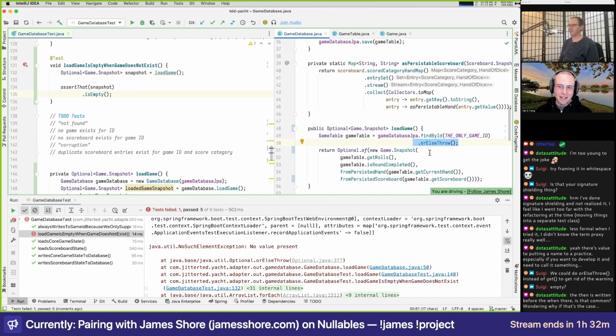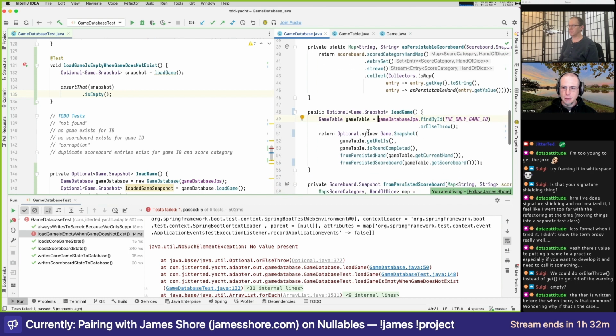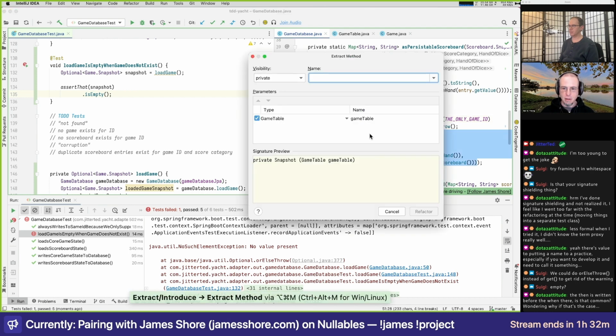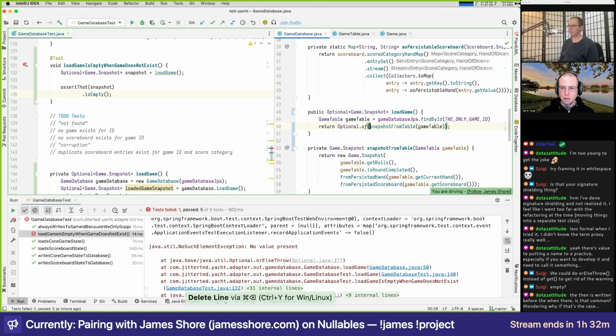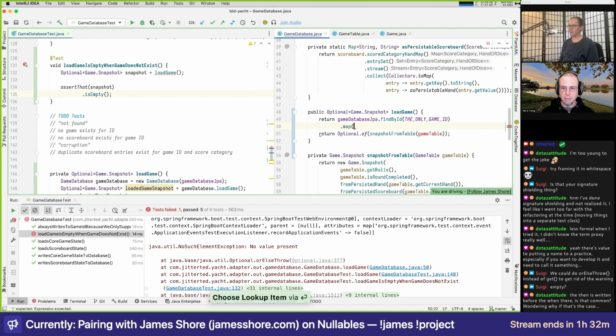Yeah. So is game table an optional? Is that what's happening there? Find by ID is an optional, and so we can actually propagate that. So if we extract this into a method, which is snapshot from table, then we can do return and map snapshot from table.